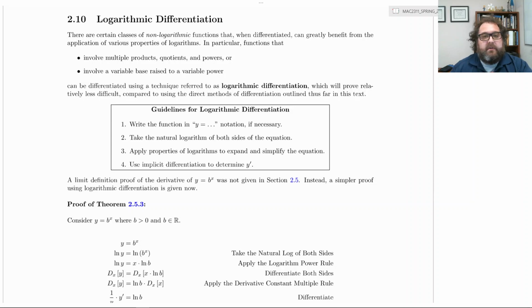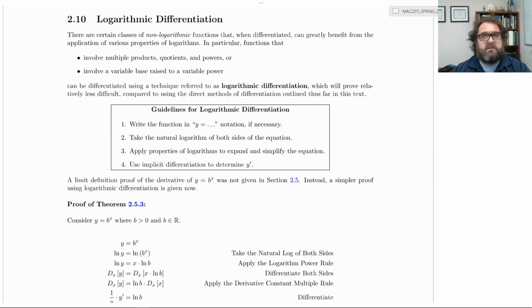Hey, welcome back to Calculus. Today we are going to talk about logarithmic differentiation. So logarithmic differentiation is a way to use implicit differentiation and properties of logarithms to differentiate, here's the key, non-logarithmic